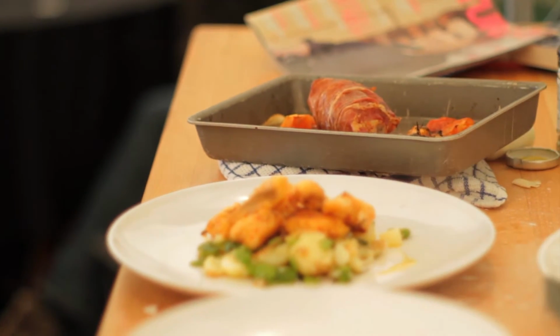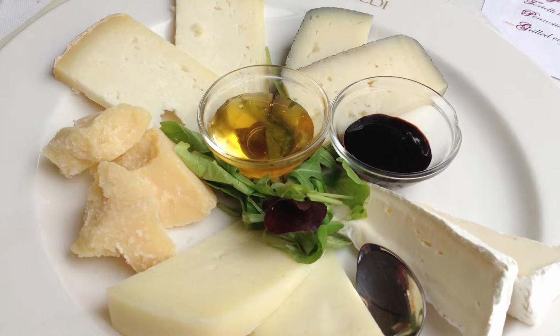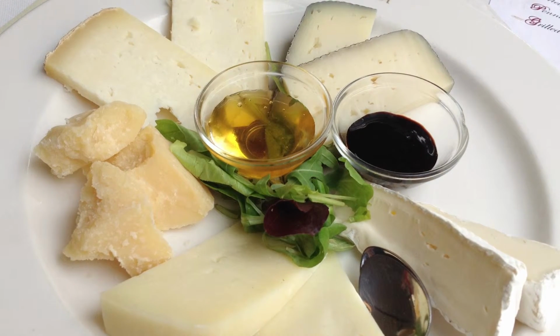Parmigiano-Reggiano cheese has conquered the culinary world. From a cookery ingredient to a great addition on a cheese board, there are plenty of ways and occasions to